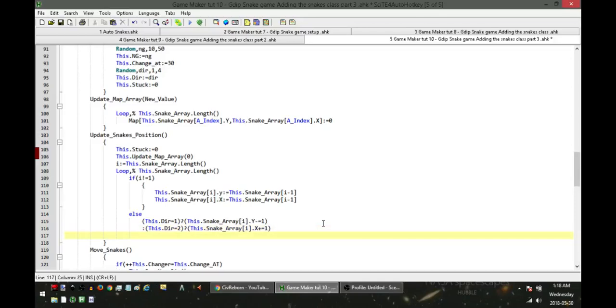Okay, if that wasn't true, maybe the snake is going in direction 3. If it is, then go ahead and take the snake array, index i, or the head of the snake, and we're going to be moving down, so we're going to be using y, and because down is greater numbers for the value, we're going to plus equals